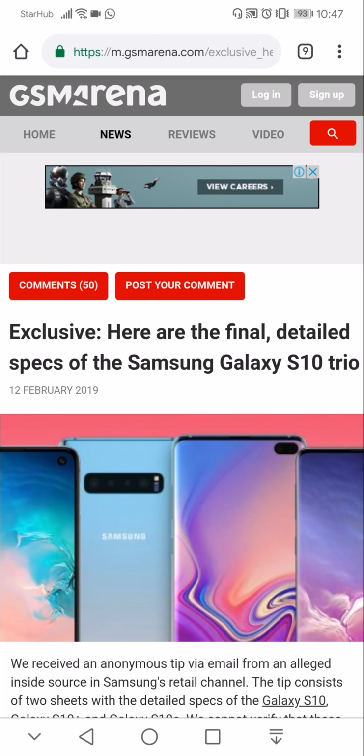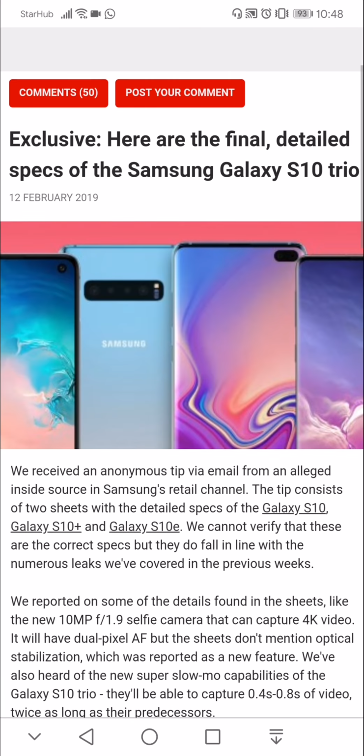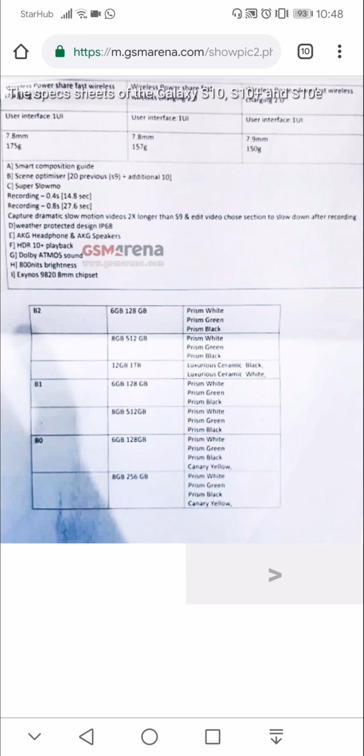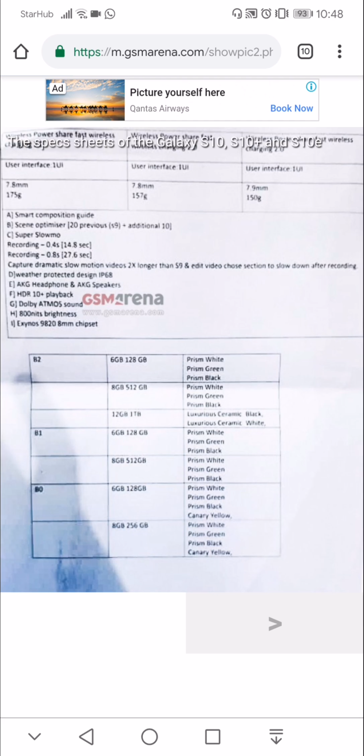Today I saw another really massive leak article from GSM Arena, and what they posted is more or less the specs of the Galaxy S10 series. You can see that B0 is the Galaxy S10e, B1 is the Galaxy S10, and B2 is